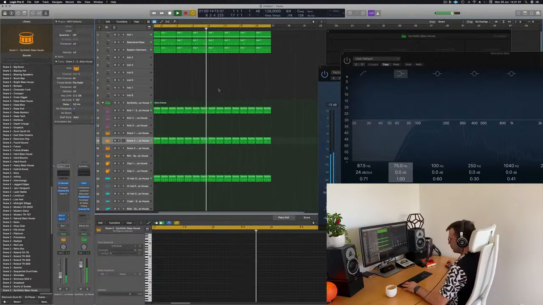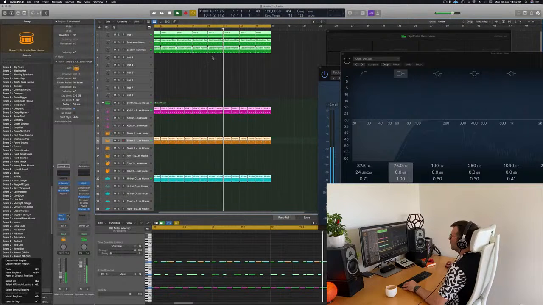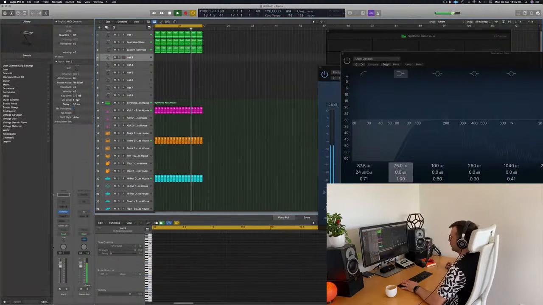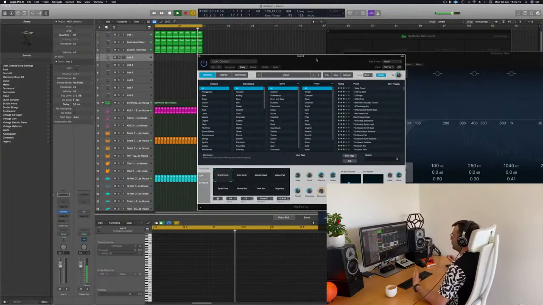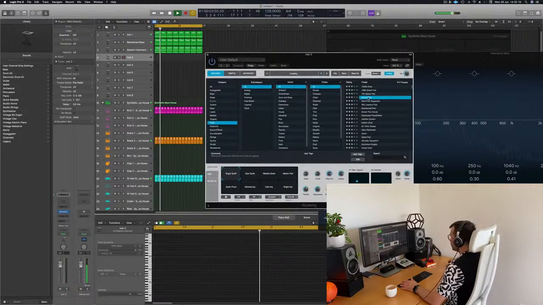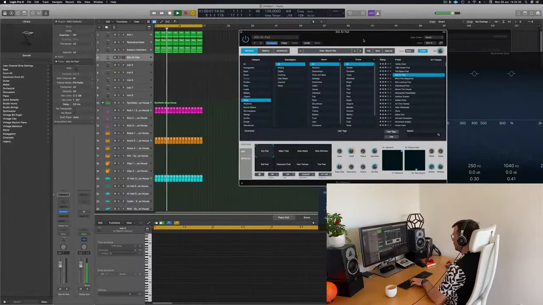So what would we do to continue? First, name region, color region. Then I'm thinking a nice kind of top pad, kind of a bit more of a melody now because we're still in mono and we want to go somewhere with the track, so a bit more of an airy top pad.